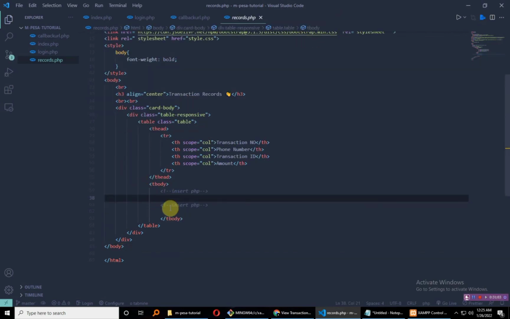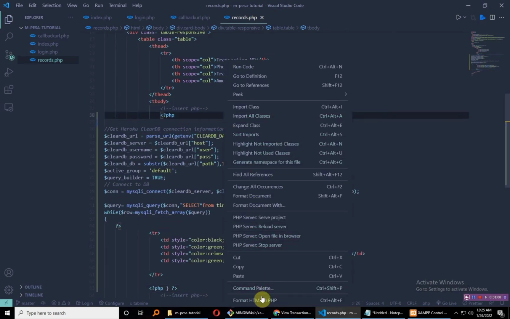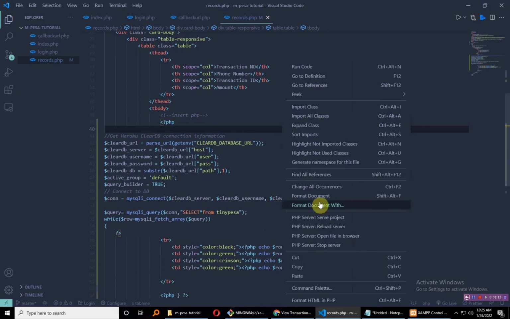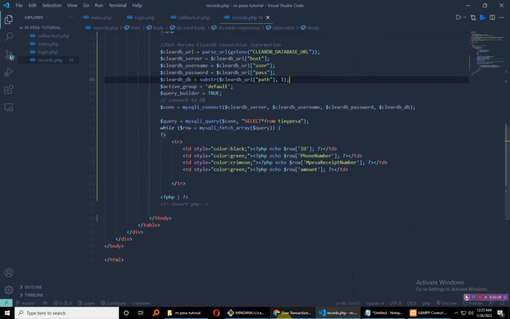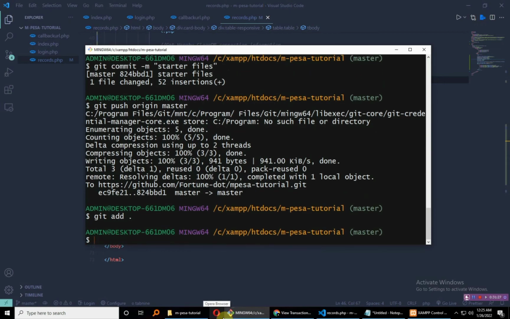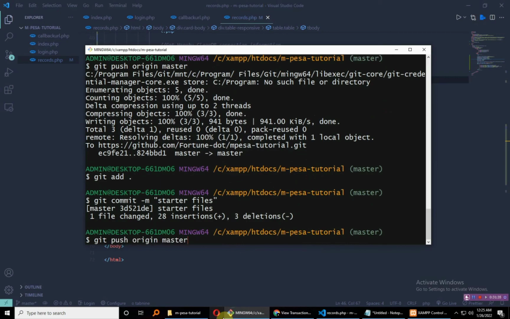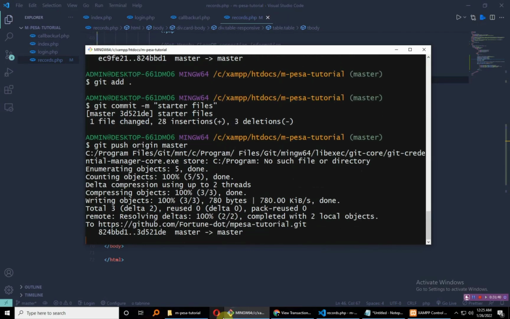So let me just close that up and then insert here in this conveniently commented code. So let me just first format. I really like all my code clean. So I'm formatting the HTML and then I'm just going to format the entire document so that my code can be a bit organized. So let's just push this through. So the process is similar, it's the same. Then just git commit and then just push this to the master branch